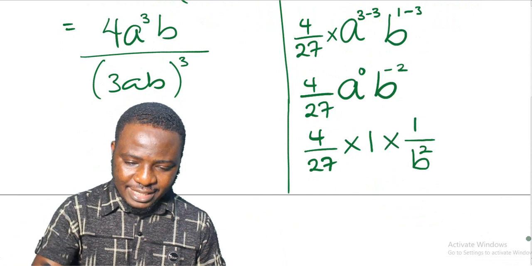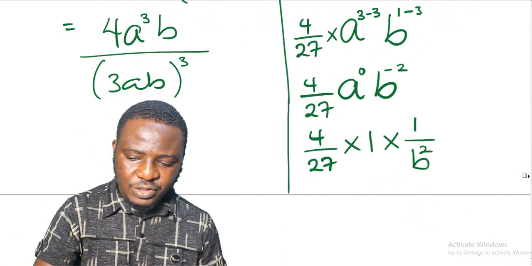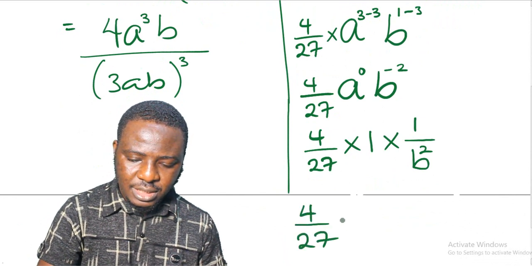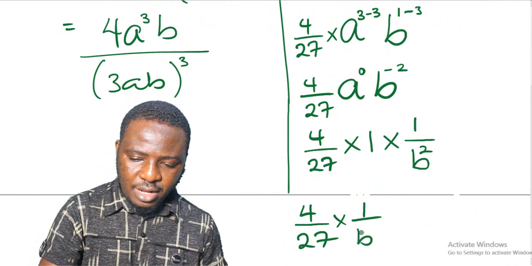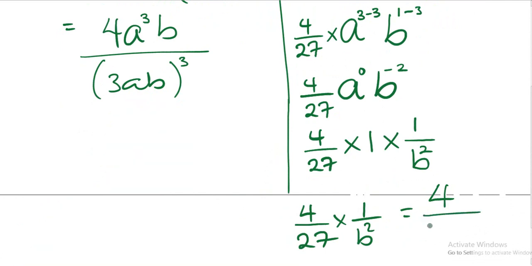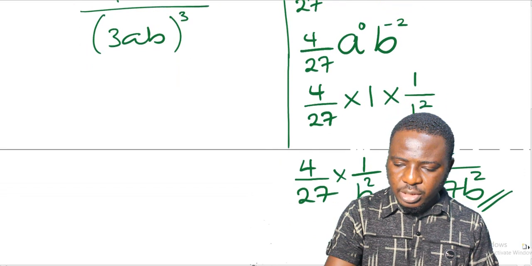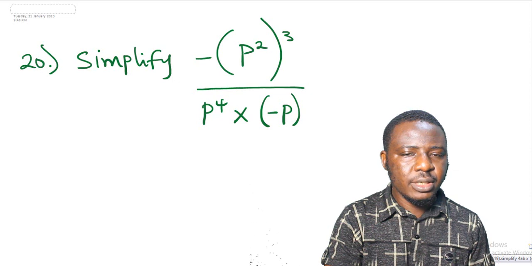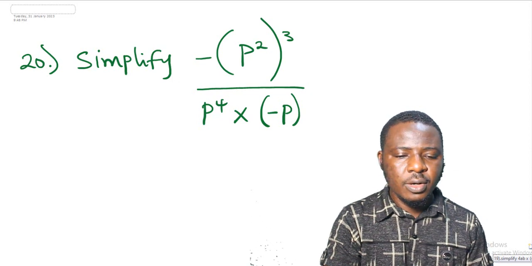So when you simplify this further, it gives you 4 over 27 times 1 over b squared, which can be simplified to be 4 divided by 27b squared. So this is your answer. All you need to do is just follow the steps as I have done, and gradually you will arrive at the answer. Question 20 says simplify minus bracket p squared all raised to the power of